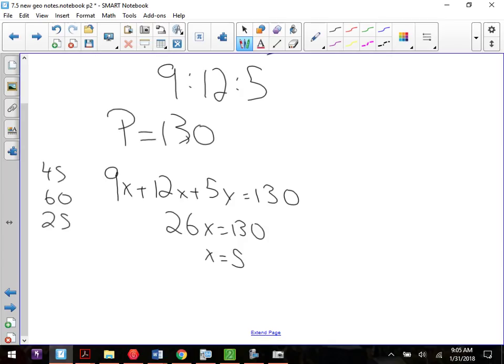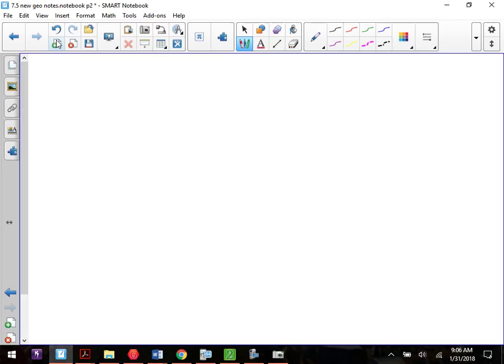Scale factor. How do you find scale factor? Not necessarily. That's when you're solving for the value. Scale factor is the ratios of the sides. So it depends on how you set it up. When you're talking about scale factor, you can go from, if they're saying from figure A to B, so I'm looking at the one on the left to the one on the right. So the one on the left,